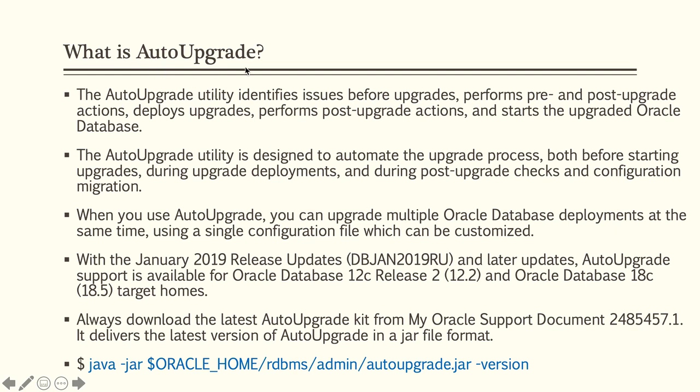It can upgrade any database depending upon the compatibility matrix. You can upgrade the database to 12c release 2, or you can upgrade the database to 18c, or, as it comes with AutoUpgrade, you can always go to 19c. So you can pick any previous version and migrate it to 12c, 18c or 19c.